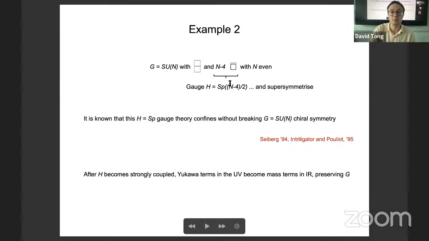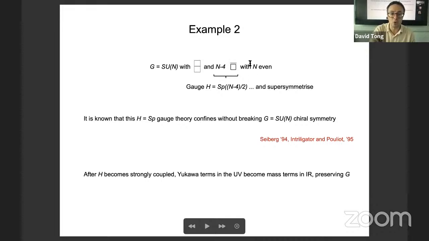So this turns out to be exactly one of the supersymmetric theories which exhibits confinement without chiral symmetry breaking. It's not any Sp gauge theory. You need to tune the number of flavors to be just right, but this is the right number that does it. You know that H becomes strongly coupled,